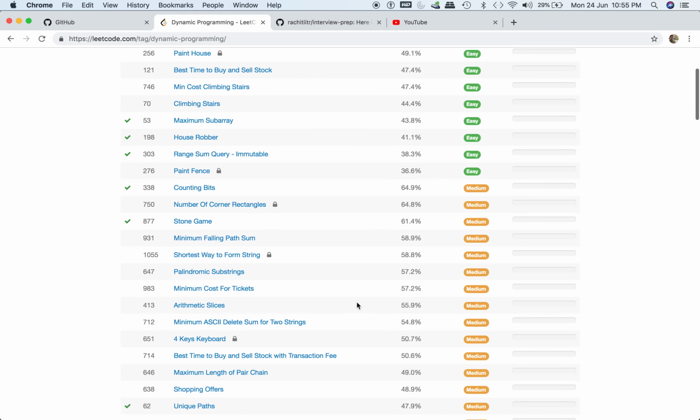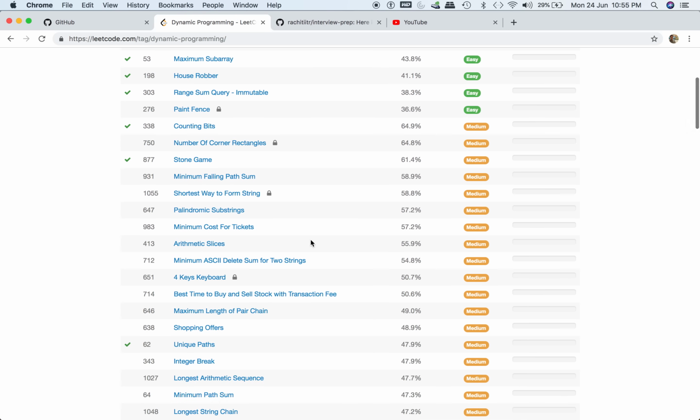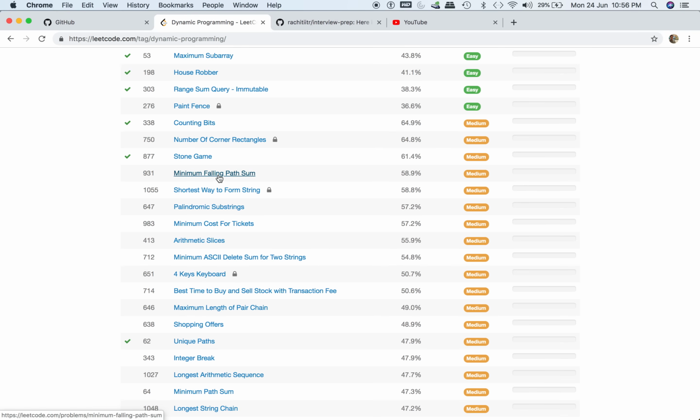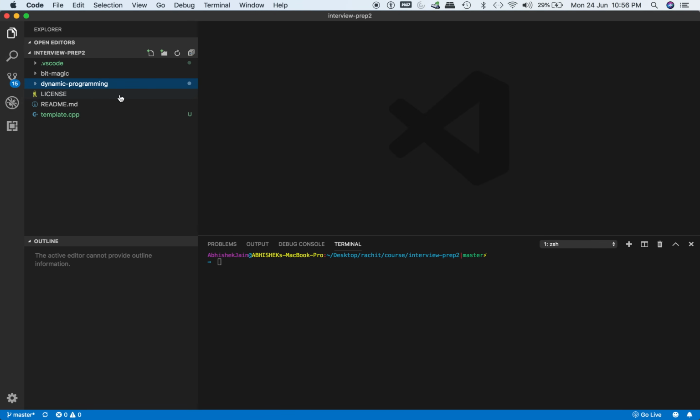Okay, so we have solved a bit of easy problems. Now we have medium problems. Let's see what this one is. Minimum falling path sum, and maybe palindromic substrings as well. While this gets loaded, let's quickly